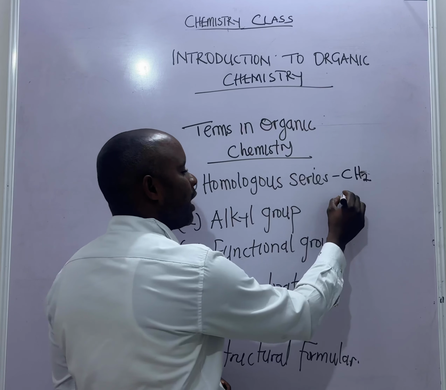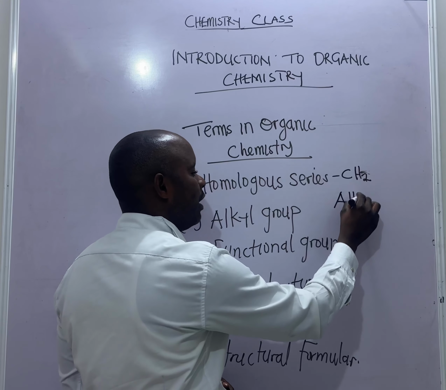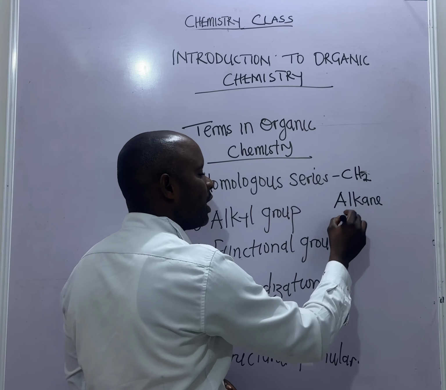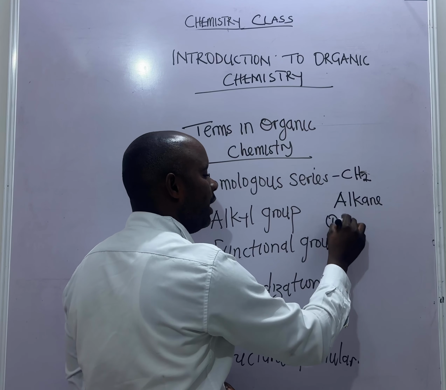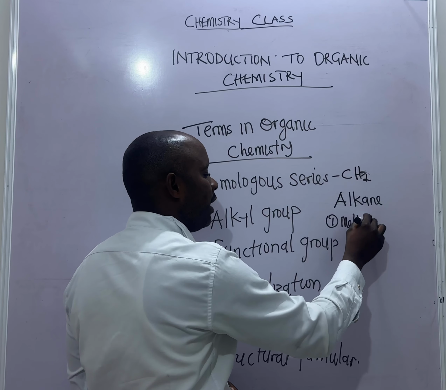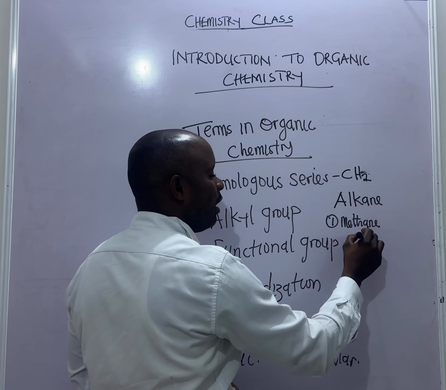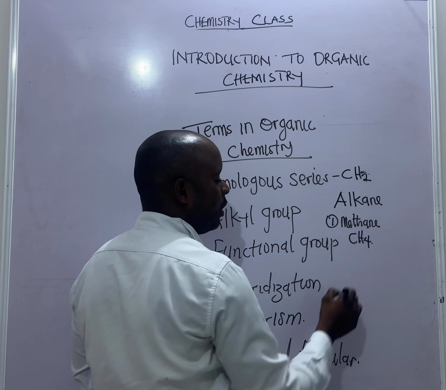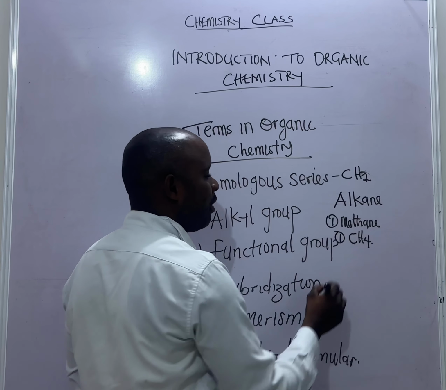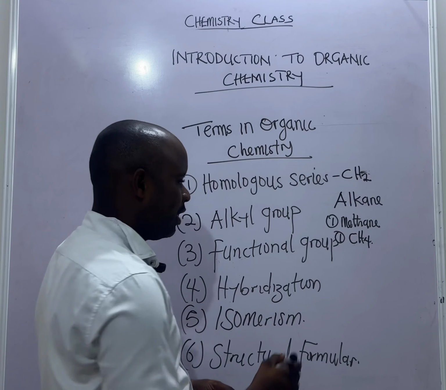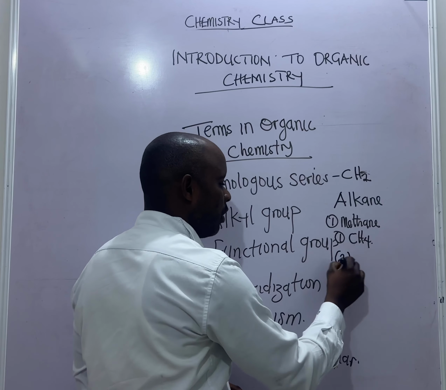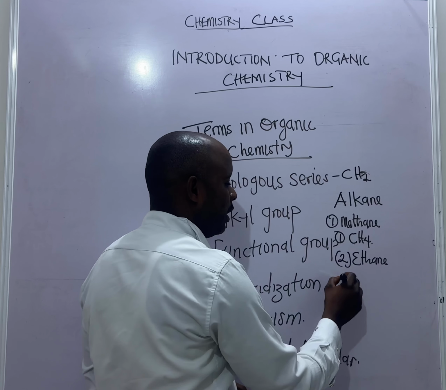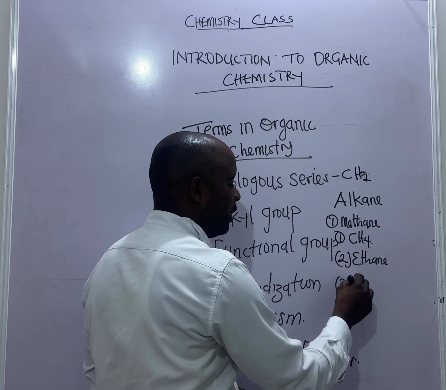For instance, let's have the alkane family. A very good example of this is methane. Methane has a molecular formula of CH4. This is the first member of the alkane family. The second, we're going to have ethane. The next one, I'm going to have propane,